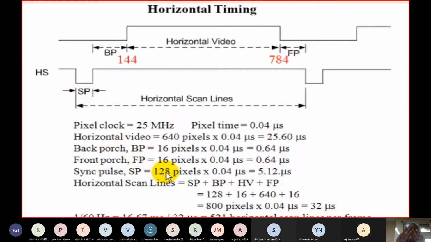I am explaining all this presuming that you know the operation of TV, you know the block diagram of TV, you know what the horizontal scanning frequency is, what the vertical scanning frequency is, what the horizontal oscillator and vertical oscillator are, and what the synchronizing pulses are, vertical synchronizing pulse and horizontal synchronizing pulse. At the same time, what are back porch and front porch, because all this is covered in the concept called the composite video signal in case of TV.